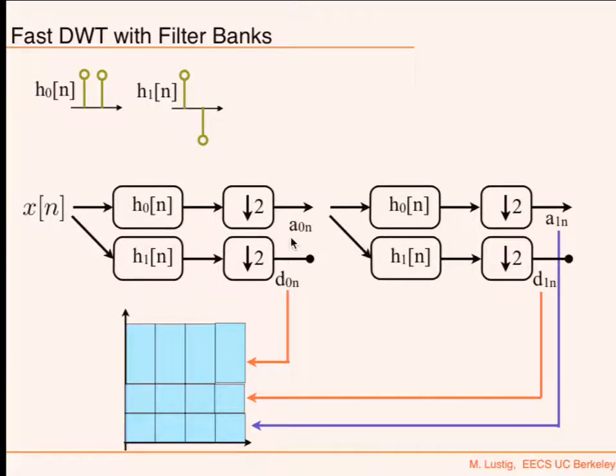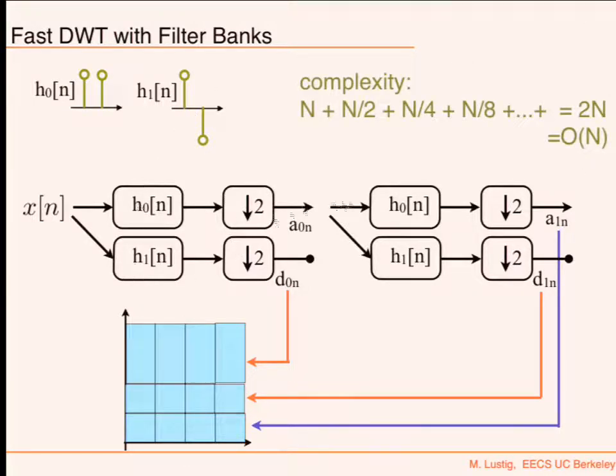But if I decide to keep on going, if I want to get D1, then I need to take A0 and convolve it with H1, and I'll get the D1 coefficients. If I want to get A1, I'm going to convolve it with H0. If then I want to get D2, I will convolve this with H1 to get D2. This, the next level, and the next level, and the next level. And every time I'm going to break this into half and half and half, and eventually plug in an approximation. Okay? So what is the complexity?